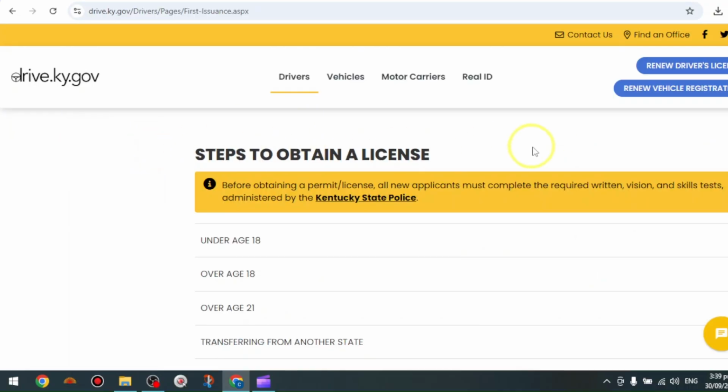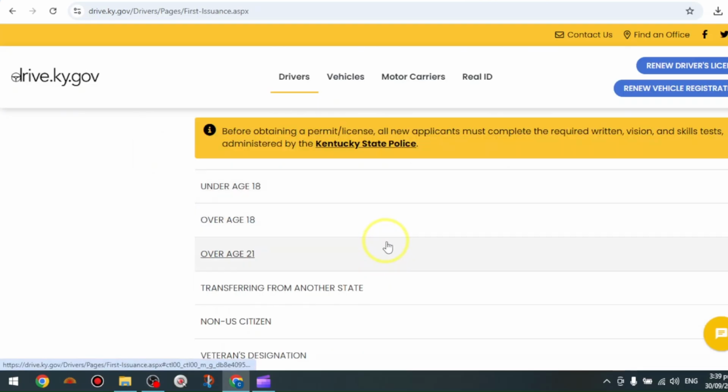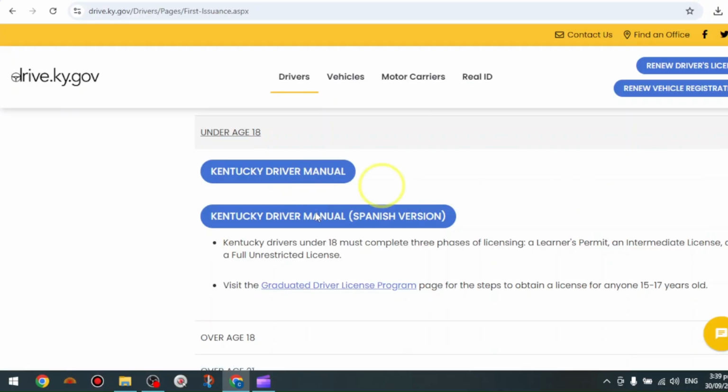Now scrolling down, you can see steps to obtain a license, but depending on your age. So for under age 18, here are the requirements in obtaining your license. So drivers under 18 must complete 3 phases of licensing: a learner's permit, intermediate license, and a full unrestricted license. You can visit Graduated Driver License Program page for steps to obtain a license for anyone 15 to 17 years